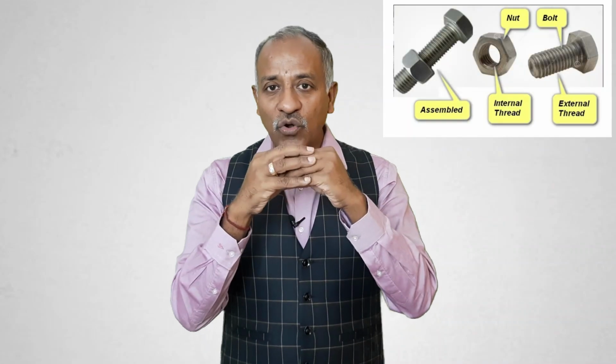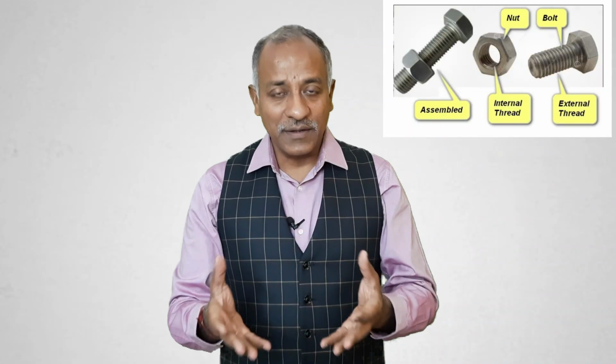Let me take another example. It's an example of a nut and bolt. There should be a good fit between nut and bolt. But in case the outer diameter of the bolt and the inner diameter of the nut are different, one on the higher limit and the other on the lower limit, what is going to happen? The fit will be either too hard or too loose. So it should be somewhere in the center so that there can be a good fit.